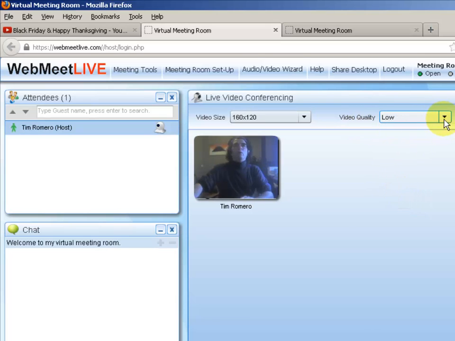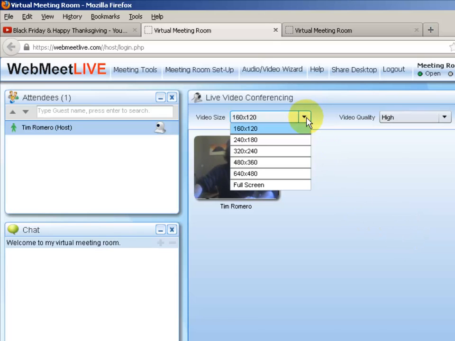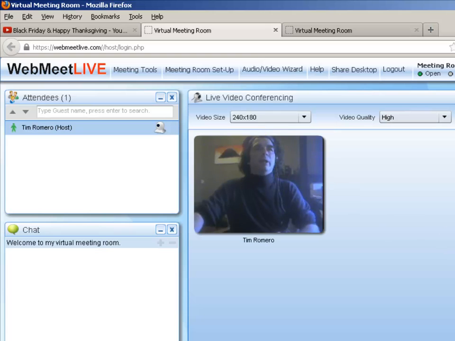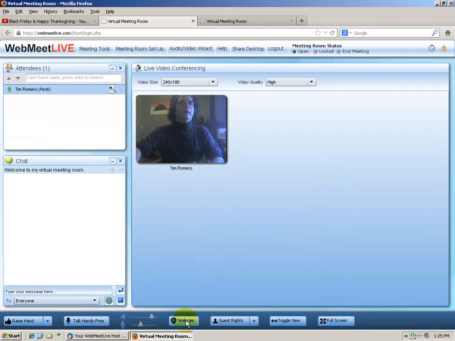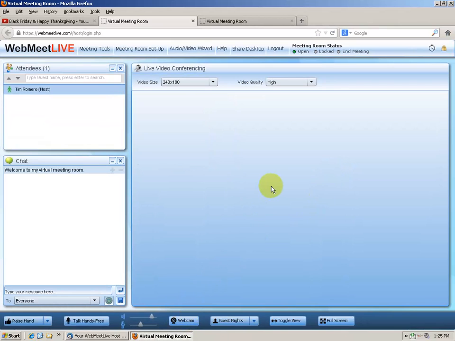However, you can always go over here and select the stream to high, and now you can see it's going a lot faster. You can also increase the size of the videos like that. If you just wanted to do a round table or something like that, you could do that. And again, I could always shut the webcam video down in the middle of a meeting. And if you happen to be doing PowerPoint or something like that, the videos are always going to stay right here, very small on the left, and then right next door,